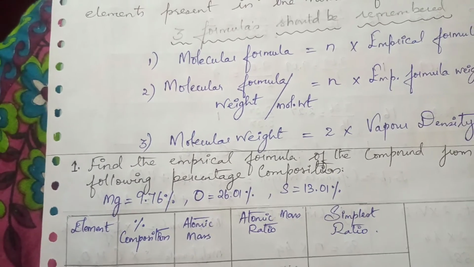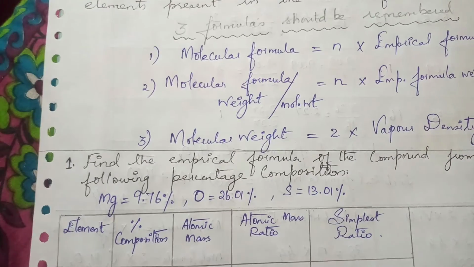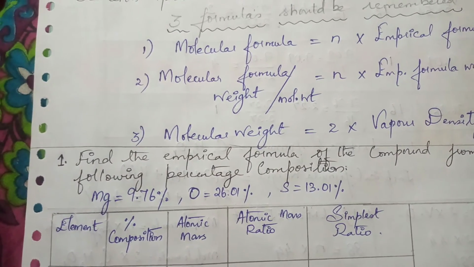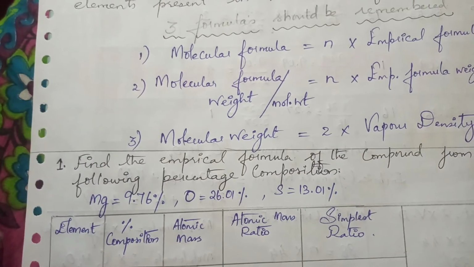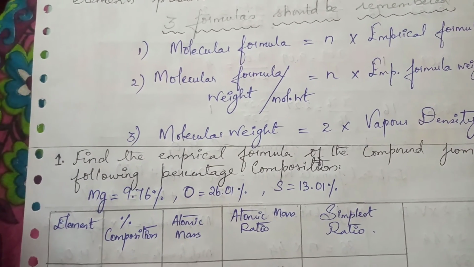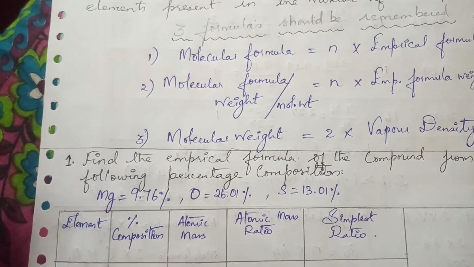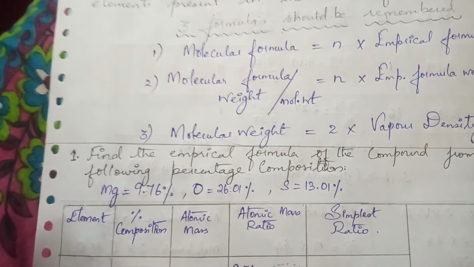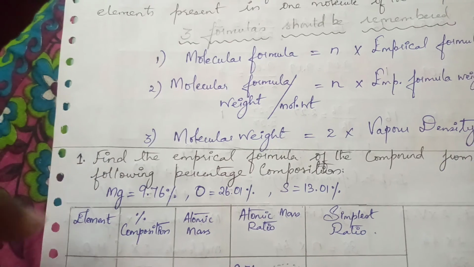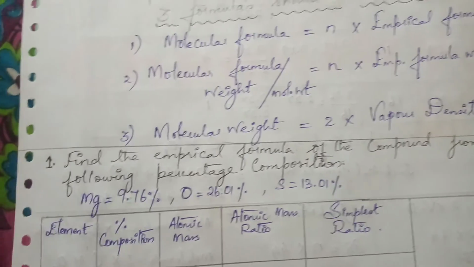So generally, the moment the question is given to you, you should be able to understand whether the compound given is organic or inorganic. Sometimes you might be provided with carbon, hydrogen and oxygen, and those are called organic compounds, because they give you different formulas of organic compounds. But here in this question, you observe we have a question listed like this: find the empirical